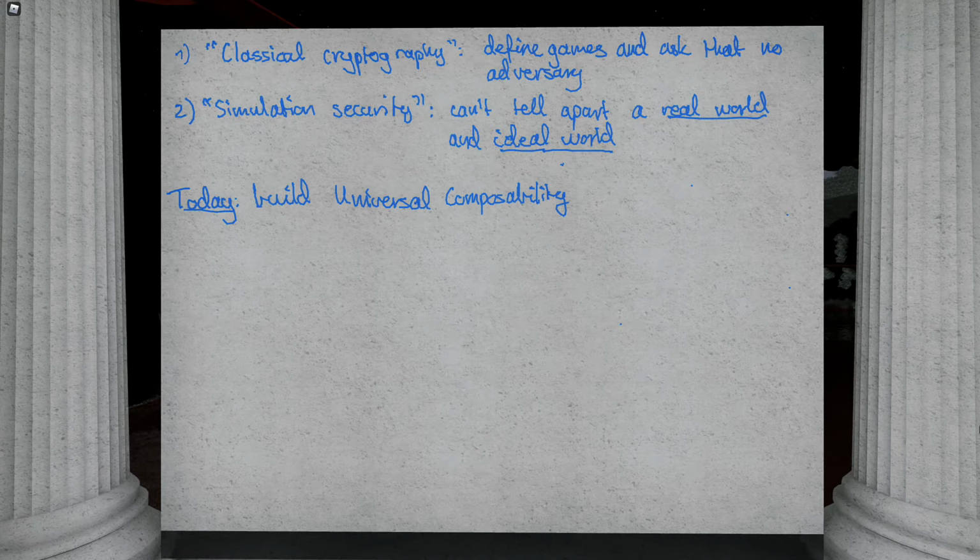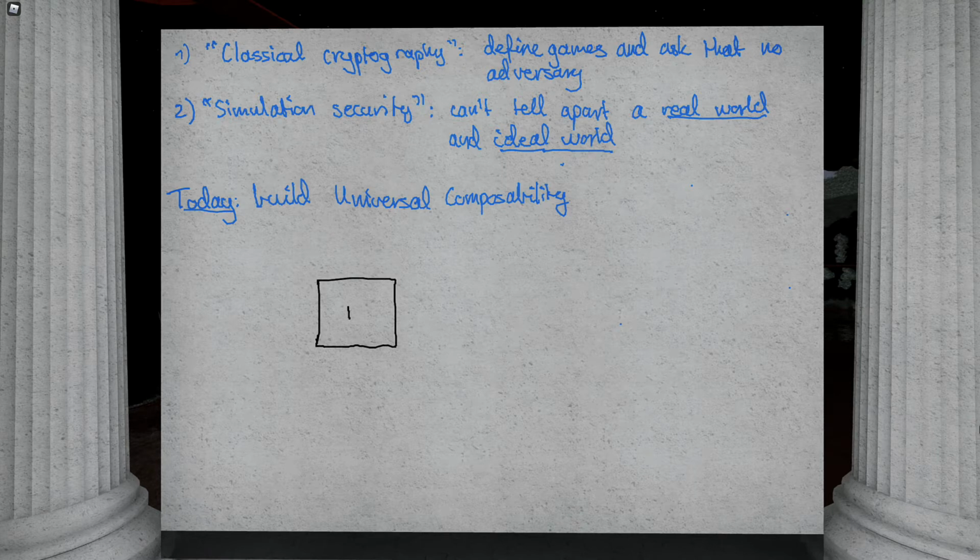This will be way too much. So we're going to spend a while understanding what exactly we're going to build and how we're going to build this.